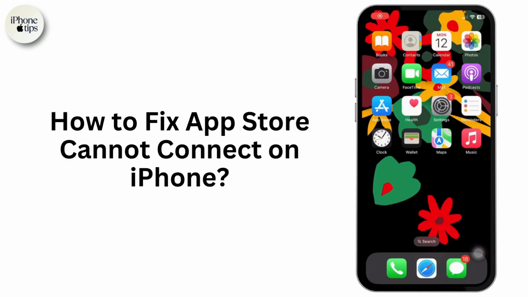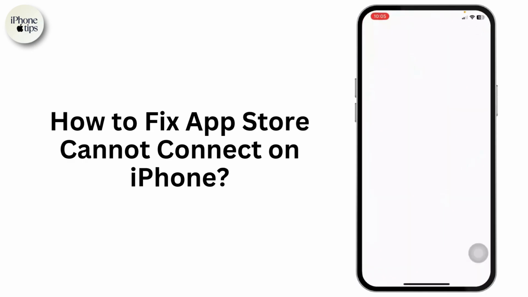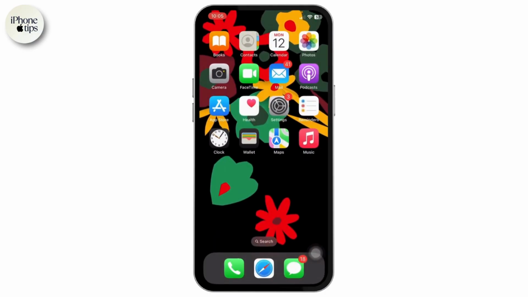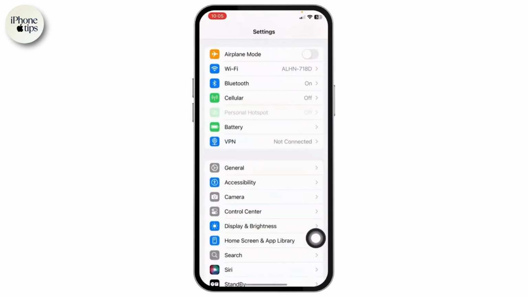How to fix your App Store cannot connect error on your iPhone. So if you're also facing such an issue where your iPhone is saying that your App Store cannot connect when you open the App Store for the first time, then in that case what you want to do is just head over